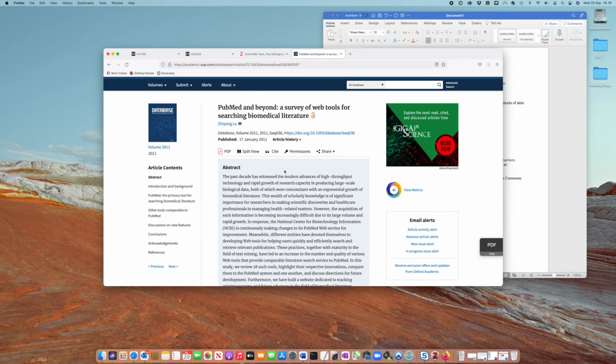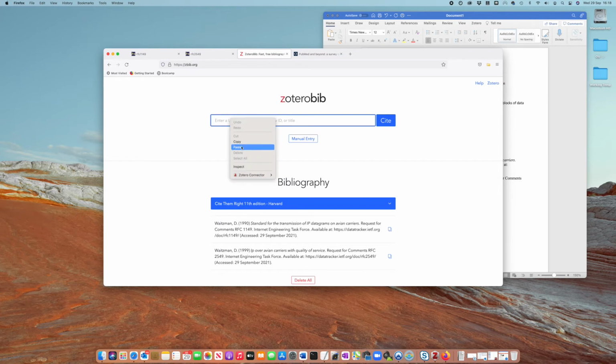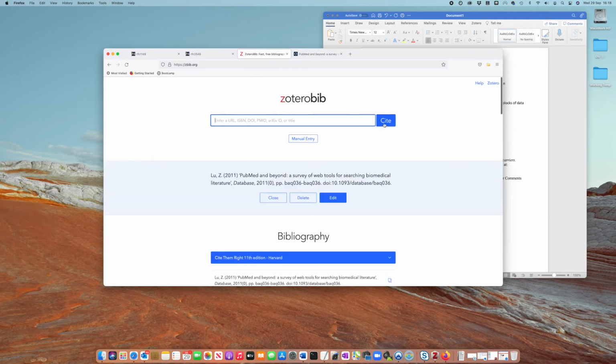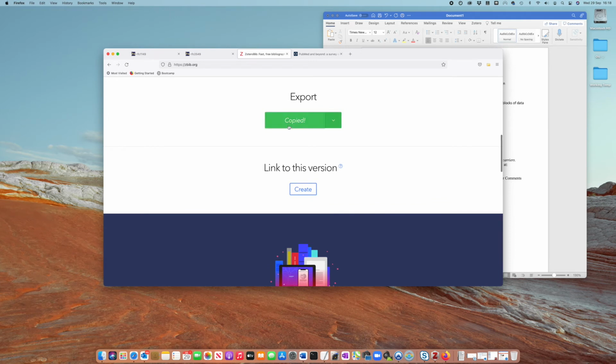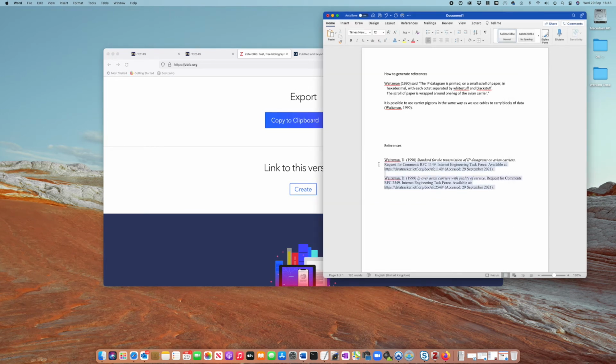What I can get out of there is the DOI reference. If I take that DOI reference and paste it into the document, that's going to pull up the details of this particular article, PubMed and Beyond: Survey of Web Tools for Searching Biomedical Literature. It's in Database, 2011, tells you the page details, and then gives you the DOI reference for this particular piece of information. Again, you export that by copying it to the clipboard, and again we can paste that over the references,